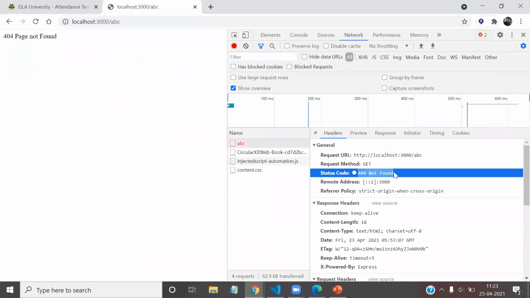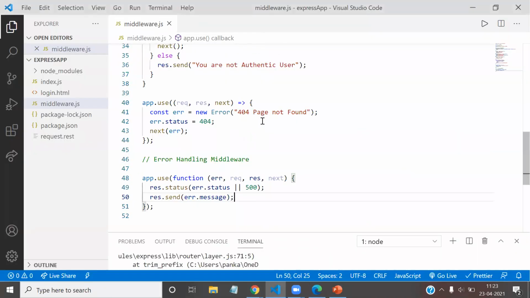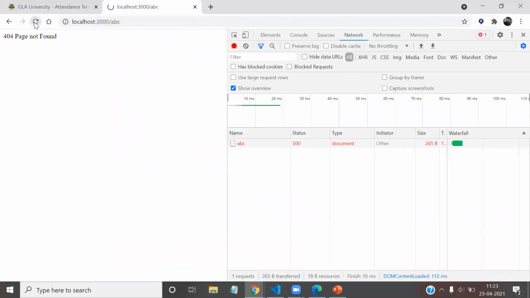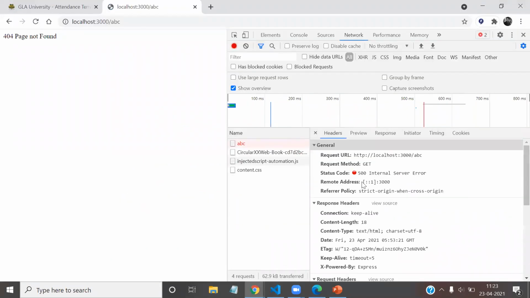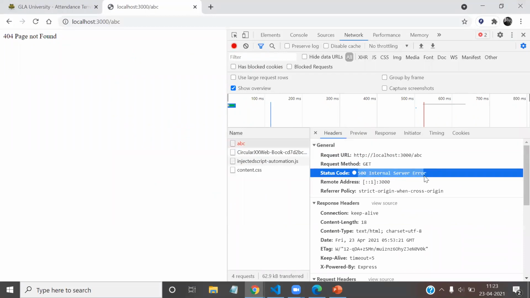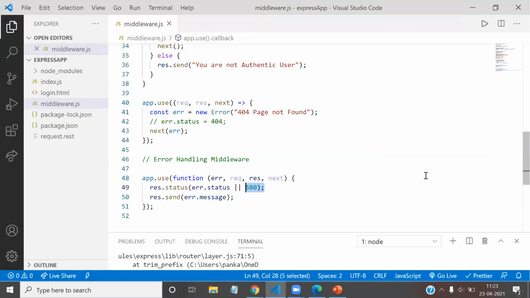Okay, now if we do not specify the error status code here, then it will be set to 500. So let me save the code and refresh, and let's see. Now the 500 internal server error is set as the response status.